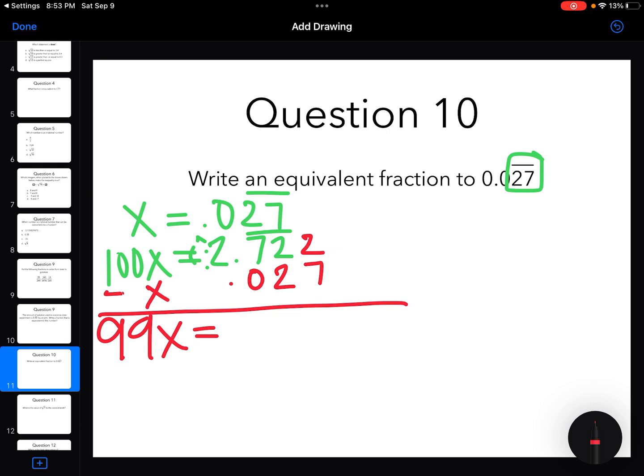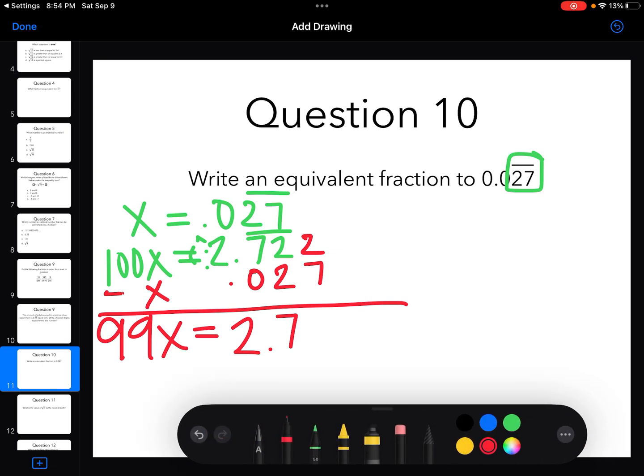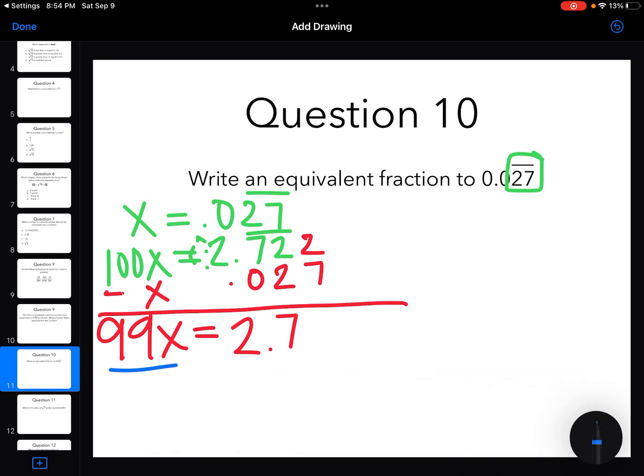So I'm going to put this in my calculator and I'm going to put in 2.72727272, just a whole bunch of 72s. Then I'm going to subtract off 0.027272727, and I'm going to hit the enter sign, and I get 2.7. Divide by 99, and I end up with x equals 2.7